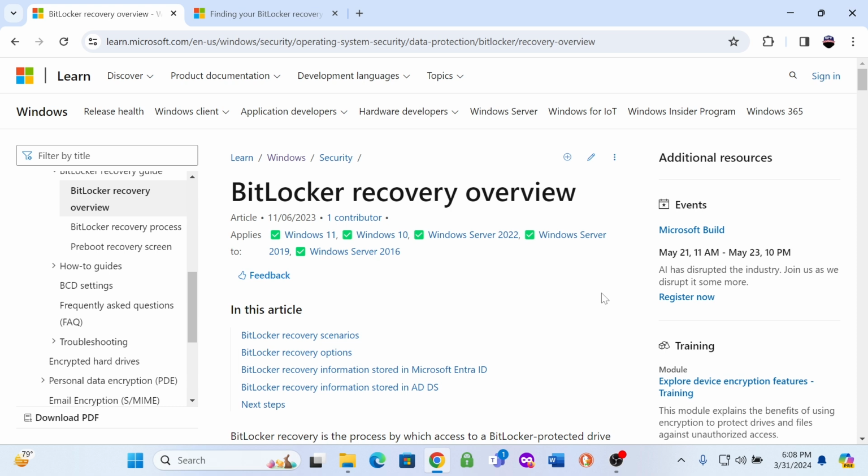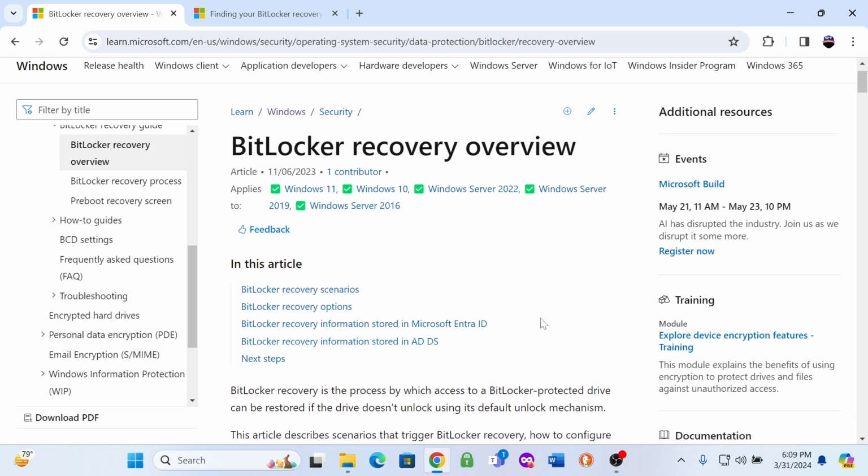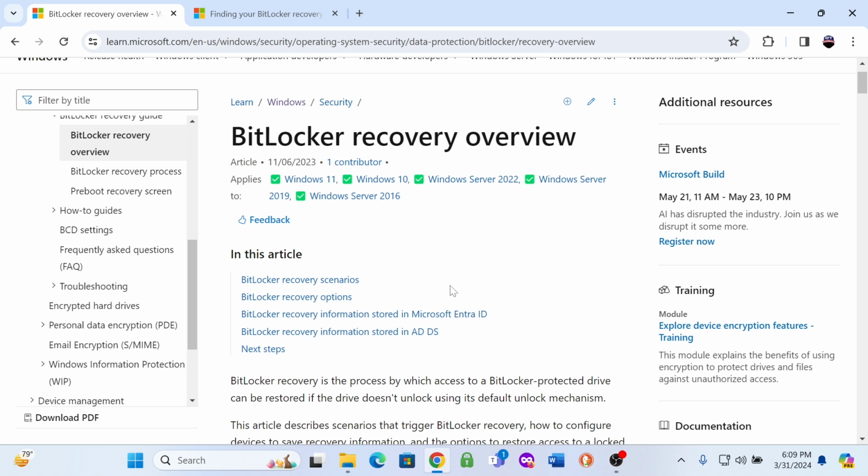Somebody correct me if I'm wrong, but I think Vista came out right after Windows XP. But BitLocker has been around since Windows Vista. It's been available for Windows 7, Windows 8, Windows 8.1, Windows 10, Windows 11, and it should still be available for Windows 12. So as you look at this BitLocker recovery overview, it talks about the scenarios that BitLocker recovery is enabled,